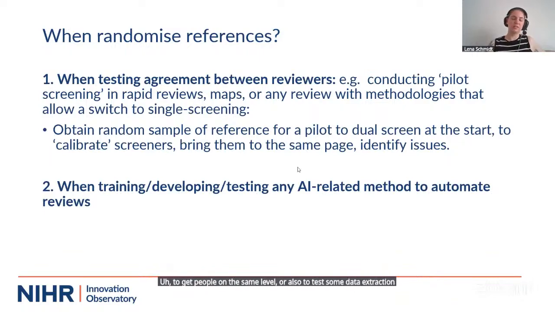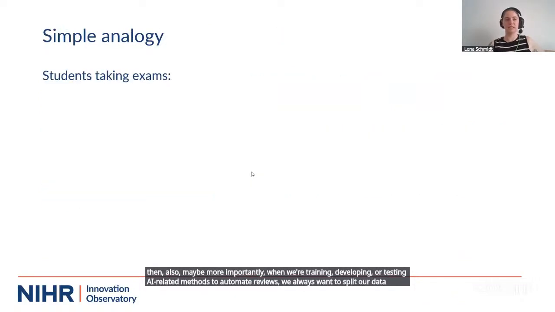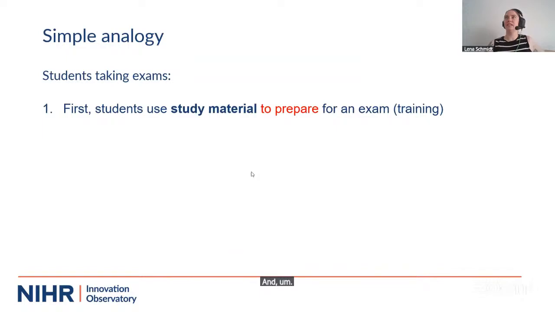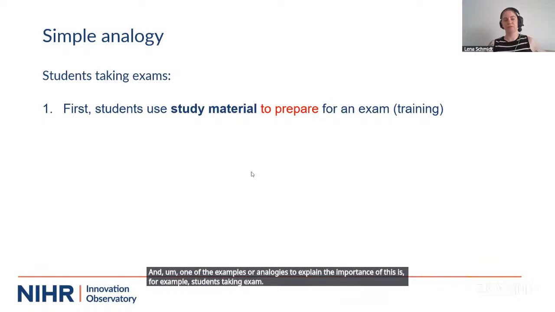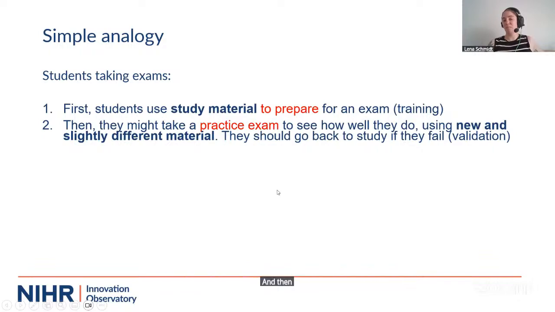But then also, maybe more importantly, when we're training, developing, or testing AI-related methods to automate reviews, we always want to split our datasets randomly as well. One analogy to explain the importance of this is students taking an exam. First, a student would study material to prepare for an exam. So they train themselves. And then they might take a mock exam or a practice exam where they're using new